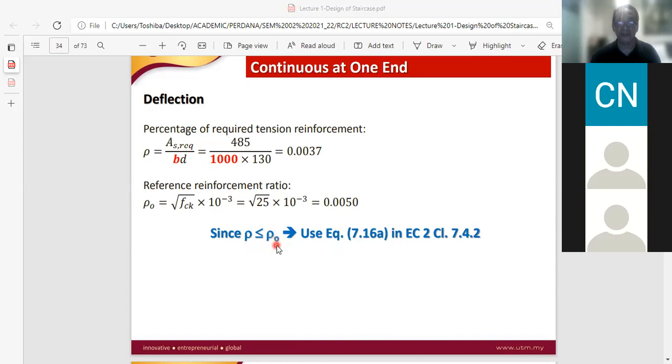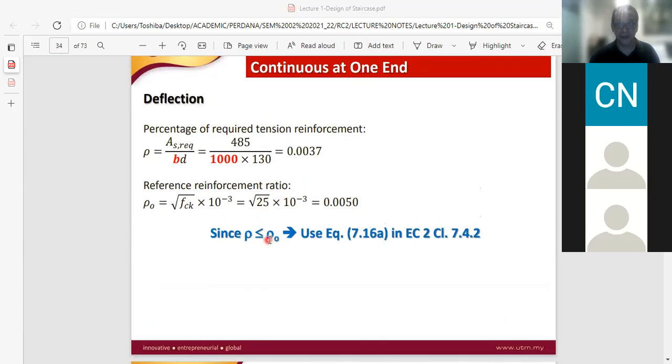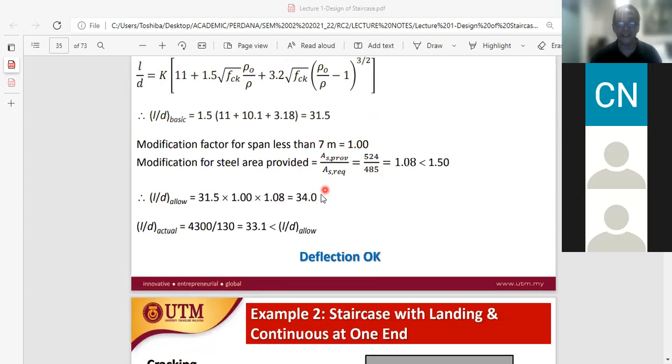Okay, rho dengan rho 0. So from here we can choose which equation to use, and from here in this example, rho is less than kita punya control reinforcement ratio, and from here kita dapatlah kita punya allowable, which is approximately 34, actual about 33. So deflection okay lagi lah, even though I would prefer a much bigger margin between the actual and allowable,